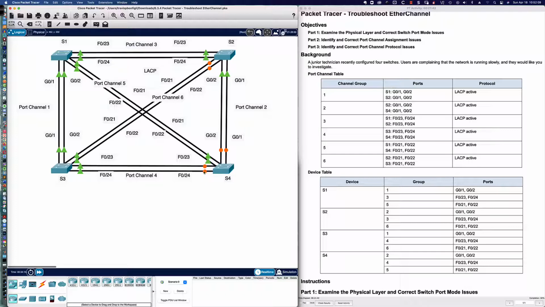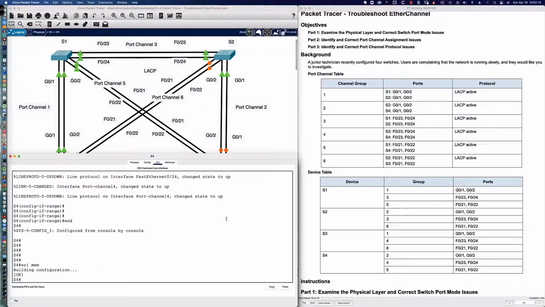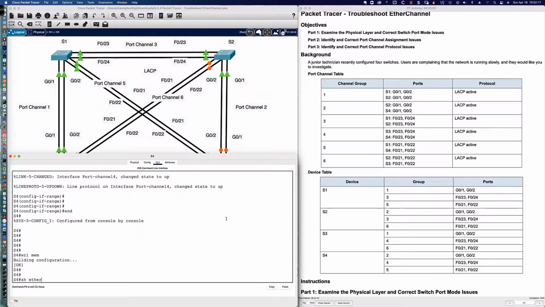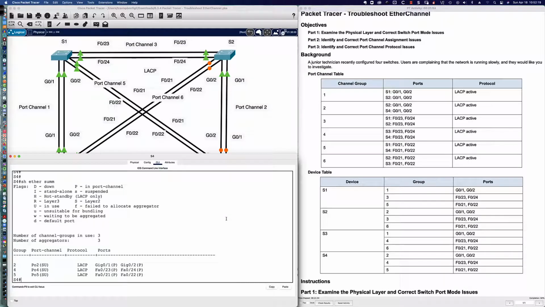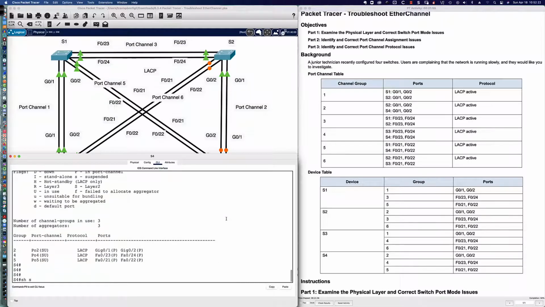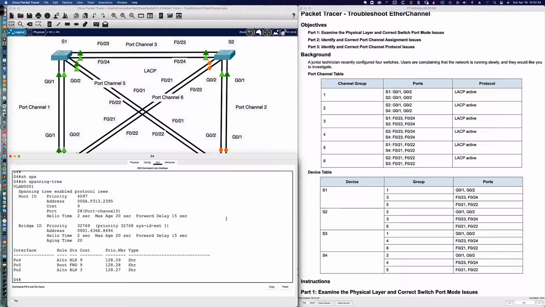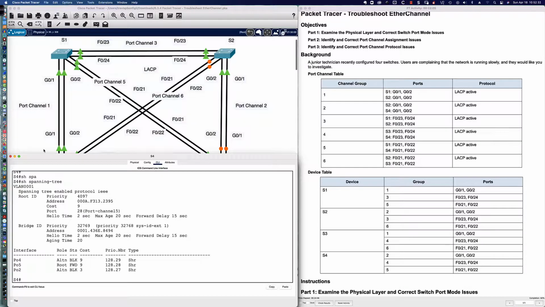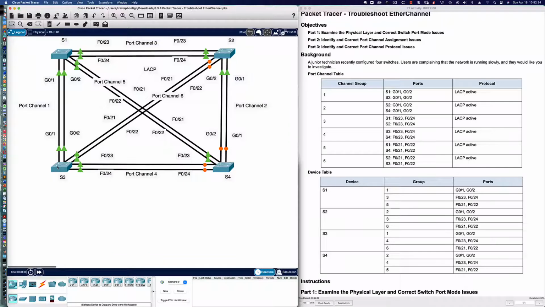Now, this is blocking, and that's okay. It doesn't necessarily mean that something's wrong, right? Because we have to prevent loops. Spanning tree is all about preventing loops. So what can I say? Show EtherChannel summary, and that looks beautiful. What about a show spanning-tree? Again, absolutely beautiful. We don't see any of the individual physical interfaces that are members of the larger logical port